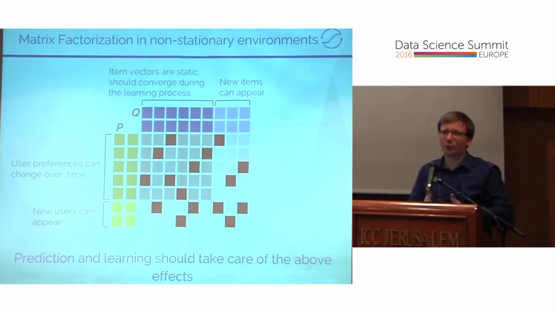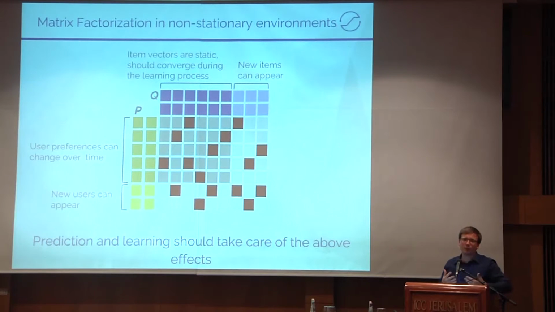Right after this, let us observe matrix factorization in non-stationary environments. So this is your model, and now I'm giving you a very temporal data set. What are the problems that you can tackle here? Check out the figure again. You have users noted with orange, and noted with lighter yellow, you have upcoming new users in the system that you have never seen before. This can be a problem when new users come into the system that you have never seen before, and you cannot set up a proper vector for them. Second, this can, of course, happen with the items.